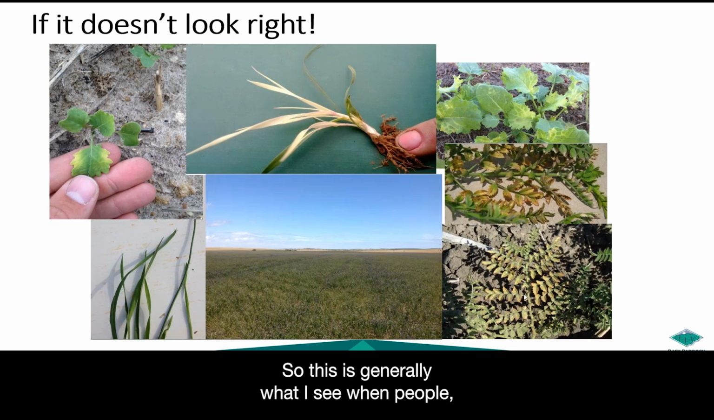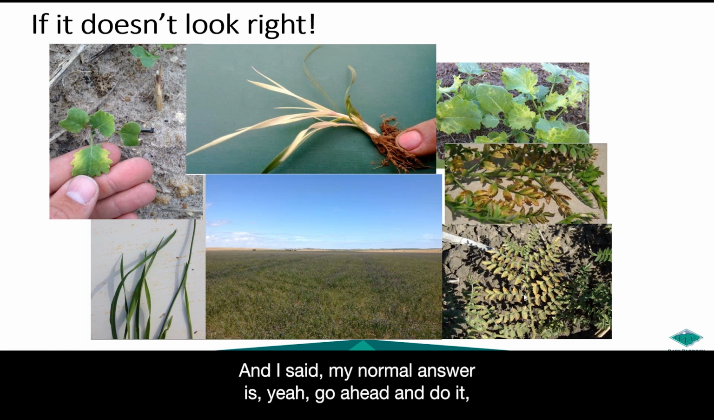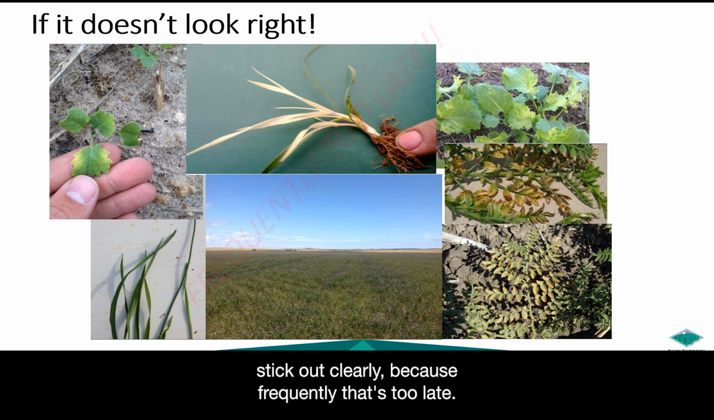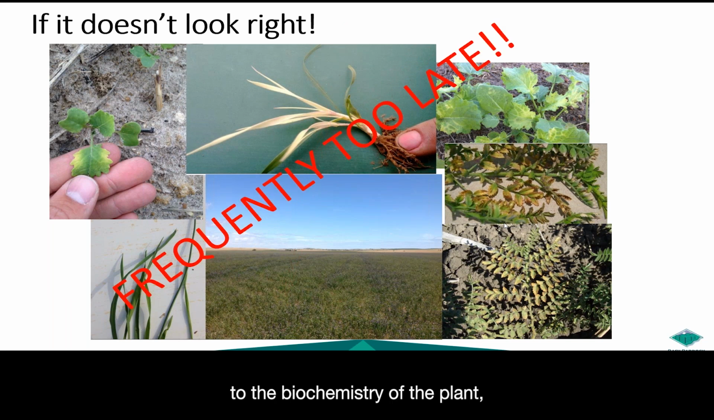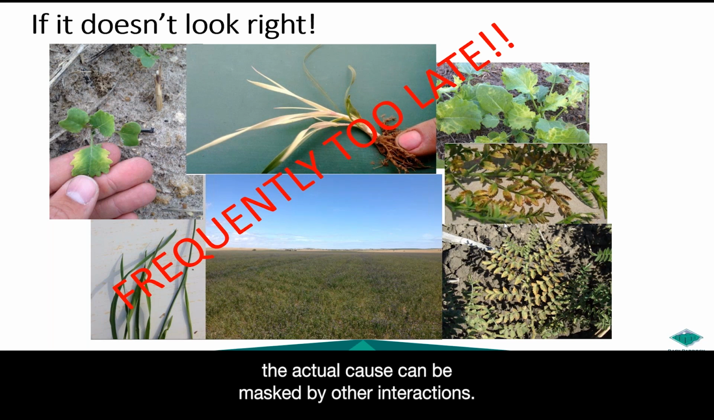So this is generally what I see when people send me photos and say, what's this? Should I do a plant tissue test? And my normal answer is, yeah, go ahead and do it, but don't expect that the answer will stick out clearly, because frequently that's too late. Once you get symptoms, there's that much disruption to the biochemistry of the plant. The actual cause can be masked by other interactions. And unless you know about those interactions and have come across them before,